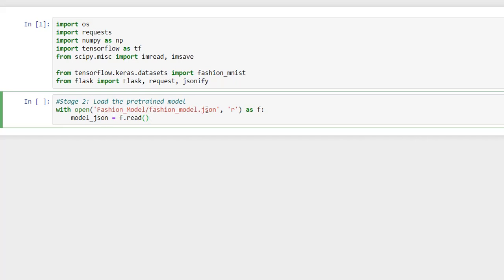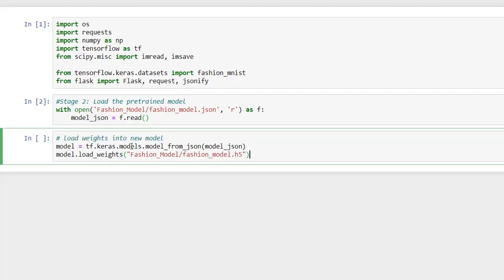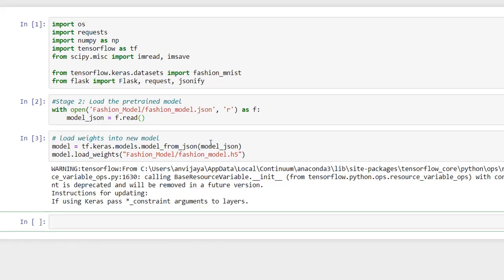This is the JSON file for that model. I'm going to read this model first. Okay, now it has loaded, and then again we are going to load the weights. They are saved in the same folder, fashion model h5. I am going to save this model into this model variable. Okay, now I think we have loaded the existing model.